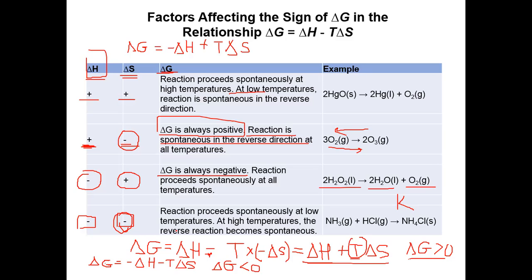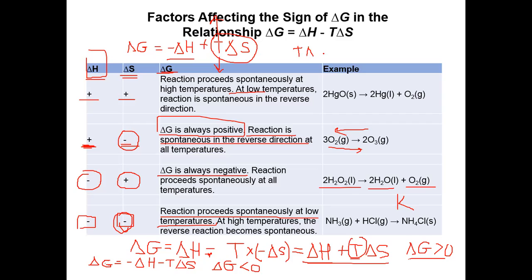Now, it says over here that the reaction proceeds spontaneously at low temperatures. It means that this part must be smaller than this in terms of numbers. Okay, so if the temperature is very high, then this is going to be more than delta H, and then delta G will be positive. But if temperature is very low, the term delta S,